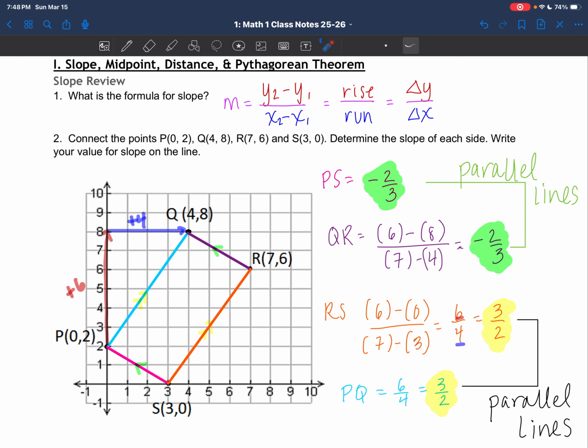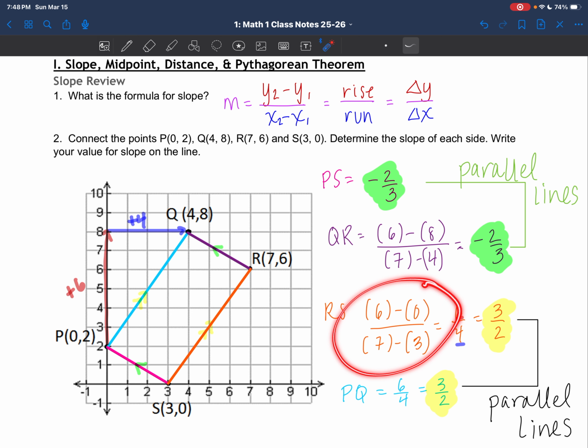right here, I could use the formula, which is what I put here, or I could go up 2 and to the left 3, which gives me the same slope as here. So if it's the same slope, then we know these must be parallel lines. All right, and then for RS,